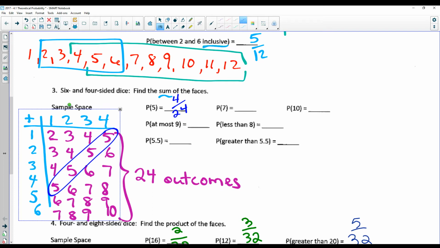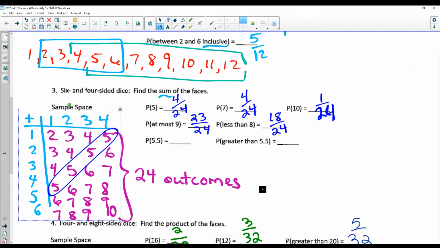Okay? All right, probability of the 7s, that would also be 4 out of 24. Probability of 10, that's only 1 out of 24. Okay? At most, a 9. So at most 9, that would be everything except the 10. So that looks like a 23 out of 24. Everything less than 8, so you're counting all of these. 1, 2, 4, 5, 6, 7. Okay? We have 18